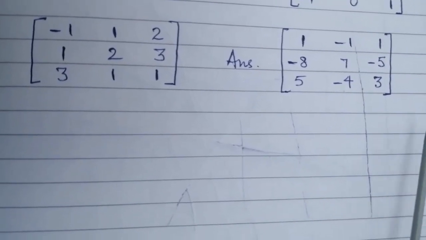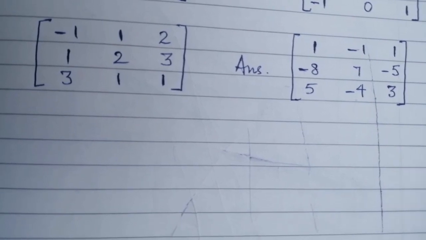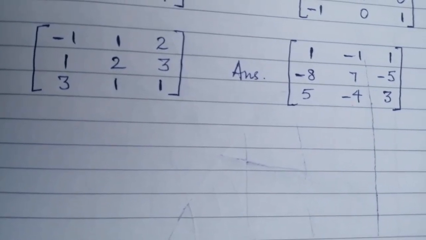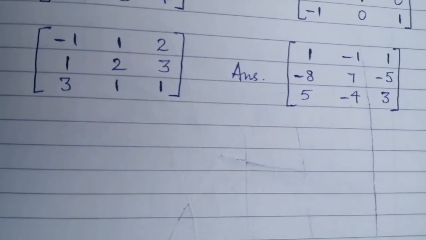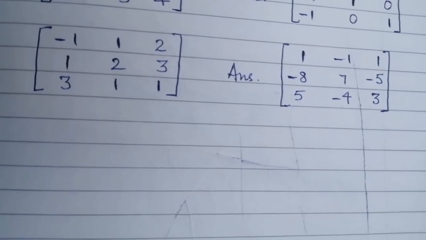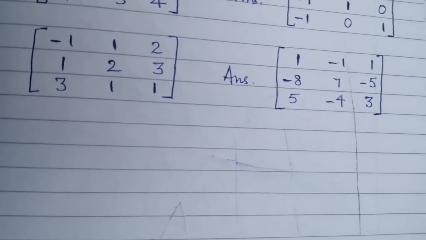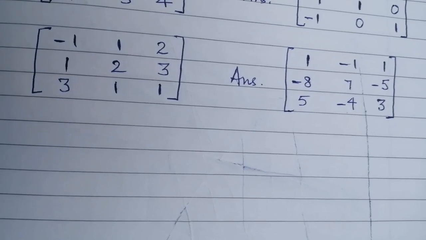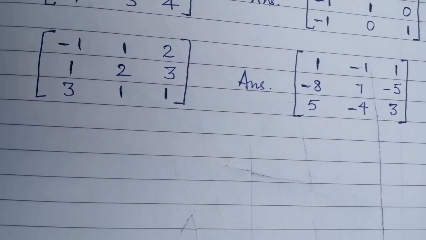So it's very simple. As I explained, just remember the very first step, 1 2 3 4 5 6 7 8 9, and do not concentrate on other elements, just concentrate on the numbering. We need to make that element 1 or 0 as we have in the identity matrix.